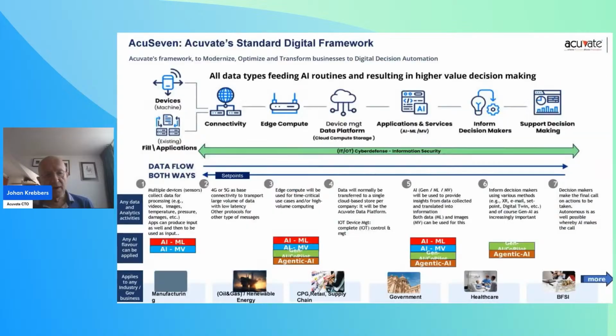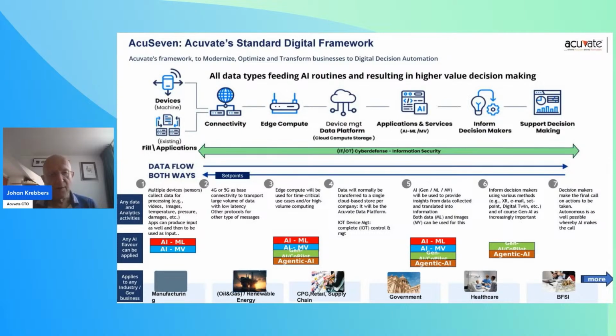First, a broad introduction, AQ7. AQ7 is really all about our 7 steps approach of collecting data. Number one, what's the data I need to solve a particular business problem? In the world of digital, it's really the data who drives the solution. So you define your business problem in digital terms, or business terms, and then you say, number one, what's the data I need to solve that business problem? How do I get that data?